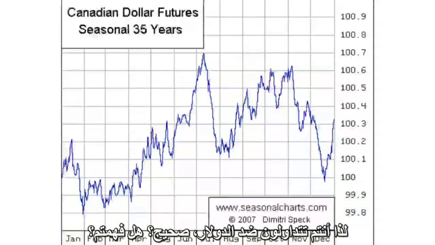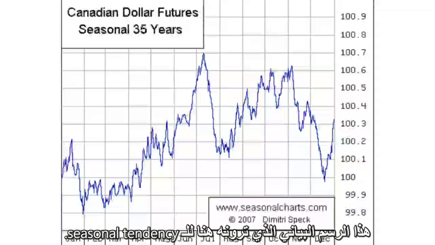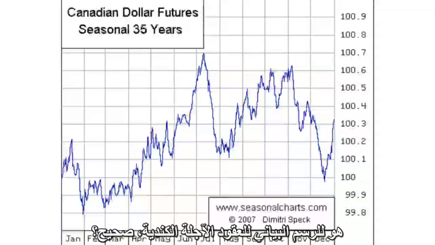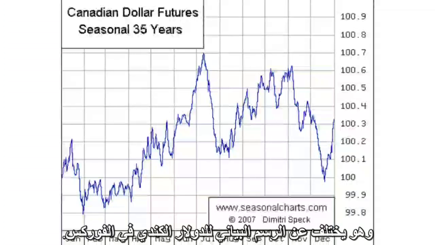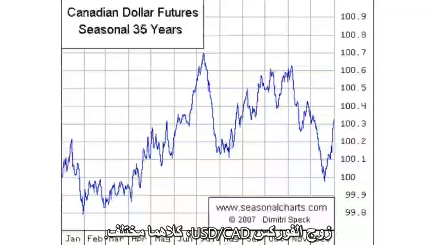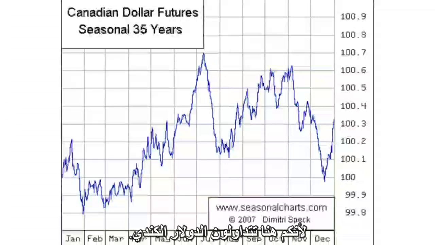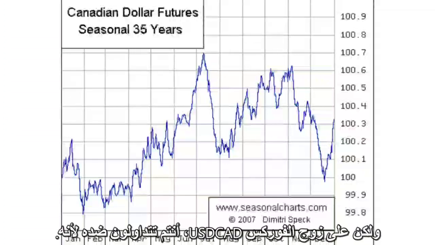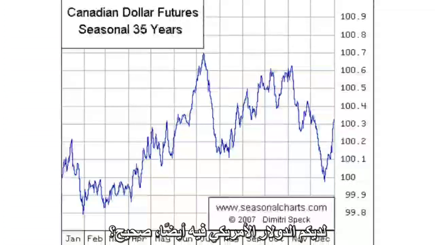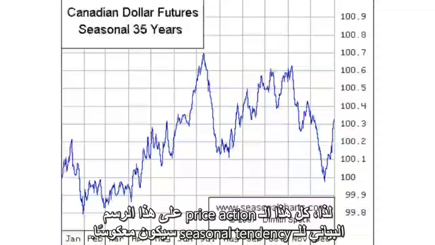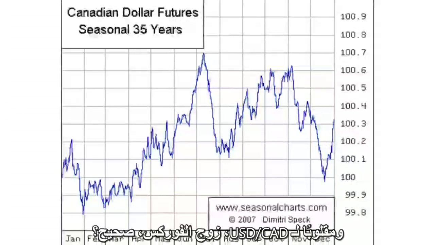Did you get it? Let me say it again. This chart right here that you see, this seasonal tendency chart, is of the Canadian futures chart, right? Which is different from the Canadian dollar forex pair, the USD CAD. They're both different. They are inverted of each other, right? Because here you're trading with the Canadian dollar, but on the USD CAD forex pair, you're trading against it because you've got the USD in it as well, right? So all of this price action on this seasonal tendency chart will be inverted and flipped for USD CAD,